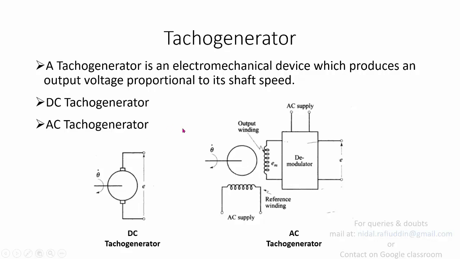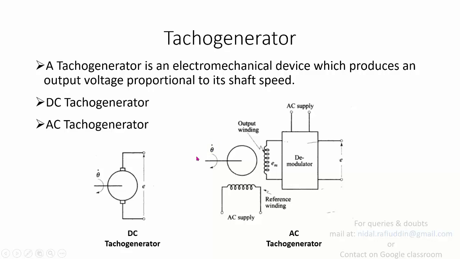So what you're going to use in case of AC tacho generator is two-phase windings, very similar to servo motors or the two-phase induction motor that you had been studying. In AC tacho generator, you provide AC supply to the reference winding. So the main winding is supplied with an AC supply, while the other is left without any supply. You are not going to give any supply to the other winding. When in the presence of this AC supply given to the reference winding, which will be producing its flux, the rotor is allowed to rotate through some external means.